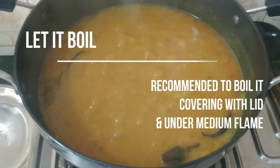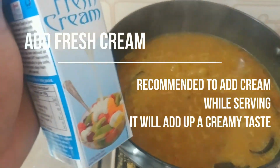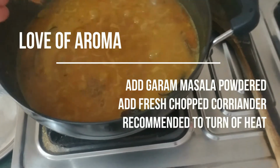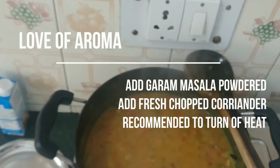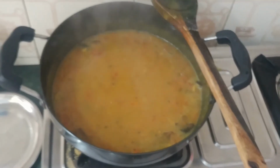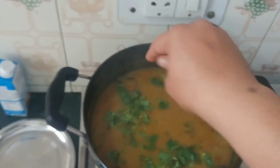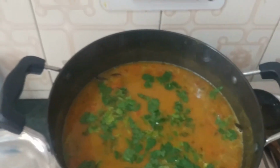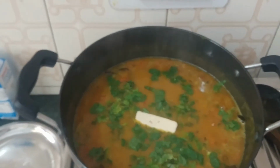So now you see it is boiling, and now we can just turn off the heat. गार्निश करते वक्त या फिर सर्व करते वक्त जब हम देंगे किसी को, तो it looks nice. मैं इसकी हीट ऑफ कर रहा हूँ कम्प्लीटली। हरा धनिया मैंने चॉप किया था, इसी ऊपर से डाल रहा हूँ। मैं थोड़ा सा इसमें बटर डाल रहा हूँ, around 15 से 20 ग्राम के आसपास।